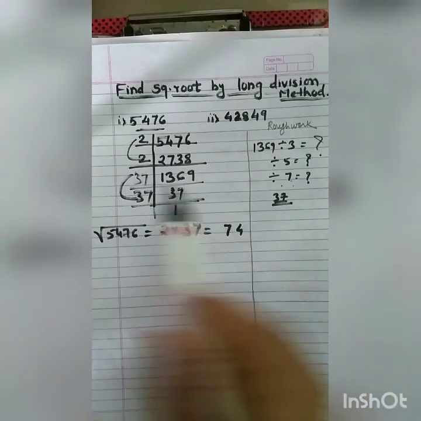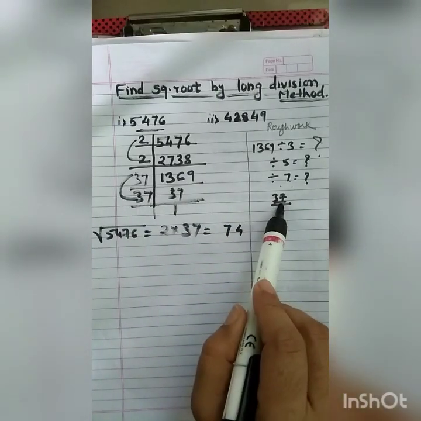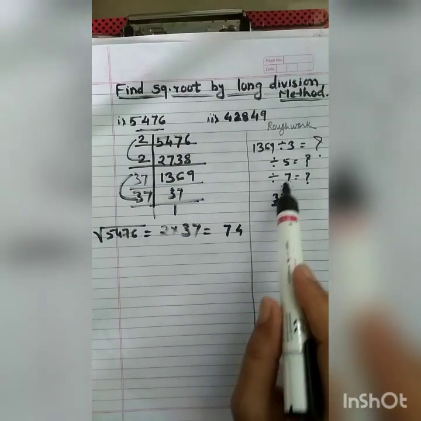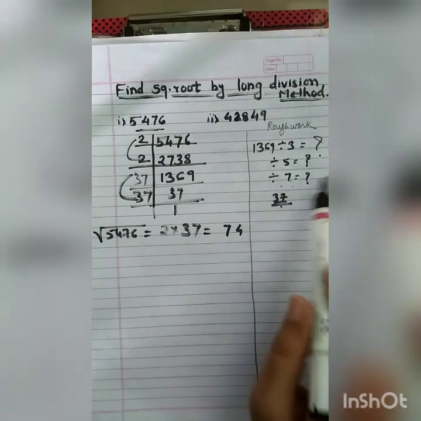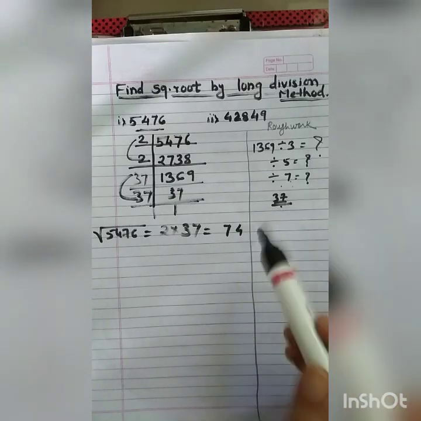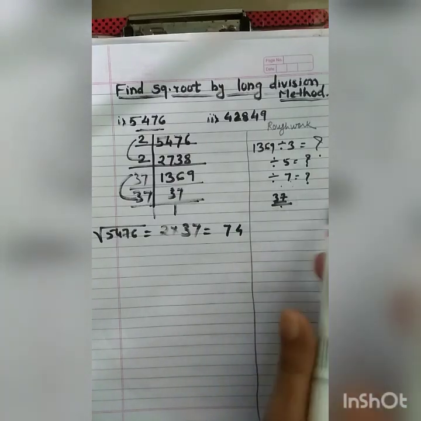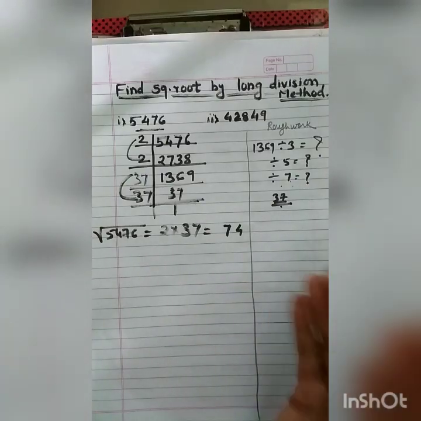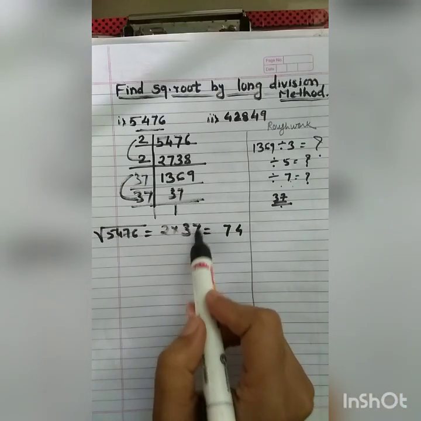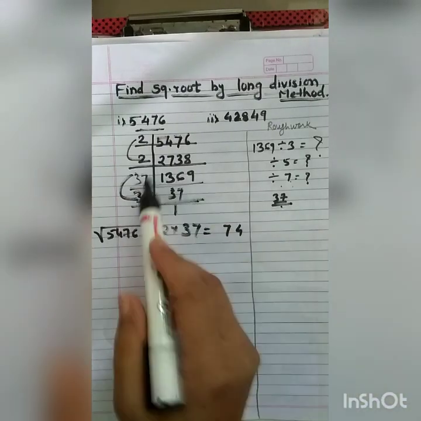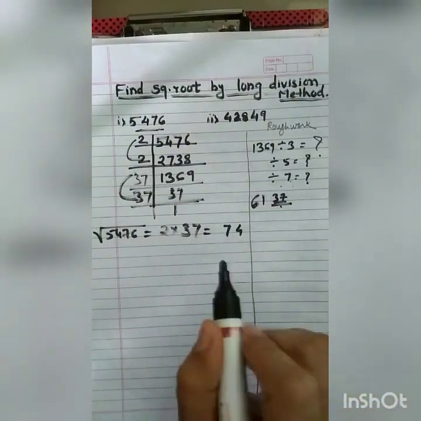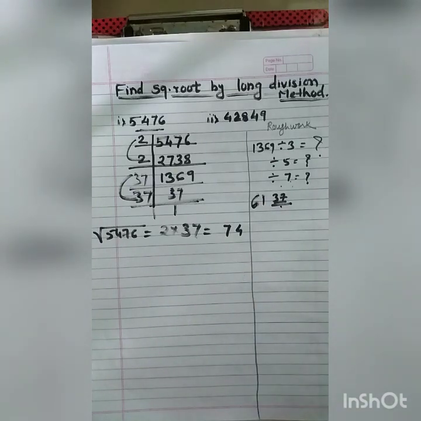But I know that it is divisible by 37, but you didn't know it. You have to first go with 3, 5, 7, 11, 13, then 19, then 23, then many more numbers, whatever the prime numbers. And then at last you will get 37. Suppose that instead of 37, the factor will be 61.